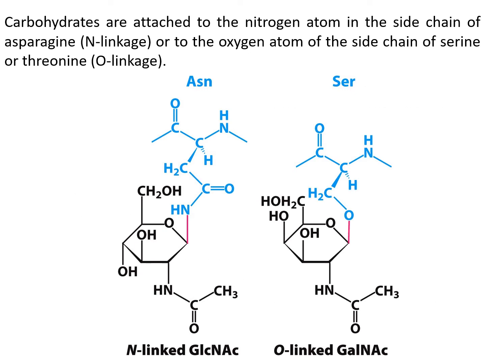The glycosidic bond is what connects proteins with carbohydrates. A glycosidic bond links a carbohydrate to the side chain. For example, in this case, a glycosidic bond links a carbohydrate to the side chain of asparagine, or to the side chain of, say, serine or threonine. The glycosidic bonds are shown in red, and as you can see here,